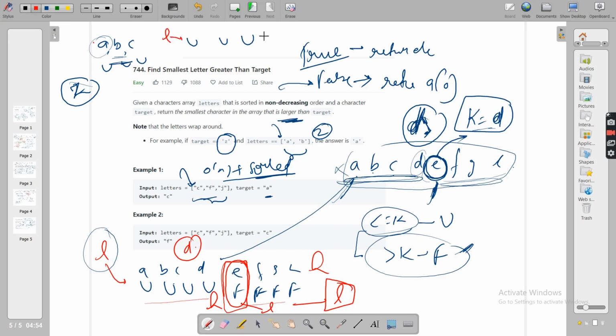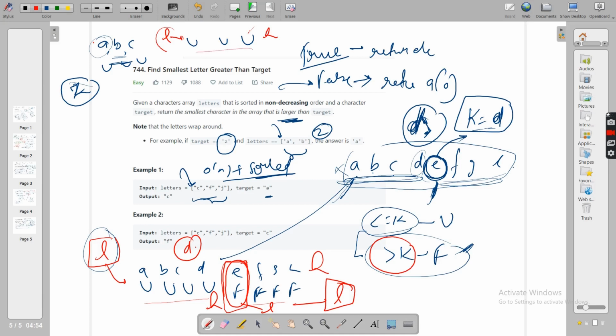How will you keep? You'll keep L and H here. Now when your loop ends, obviously H will be at this position, no problem. Where will L be? Because H cannot move. H will move only when you land at a value greater than K. But here there is no value greater than K. So L will move, and at the end, when your loop has ended, L will be at the first element of the second space.